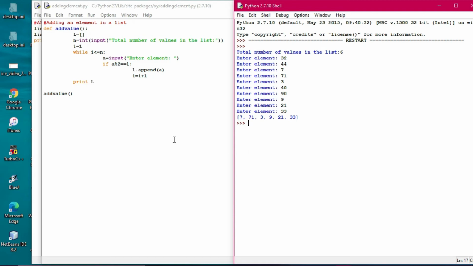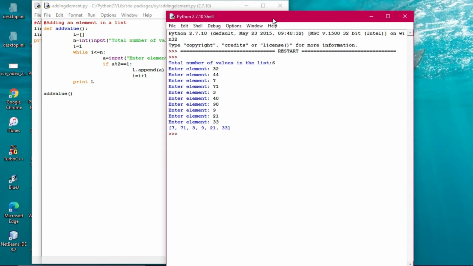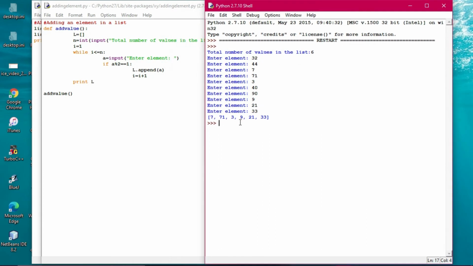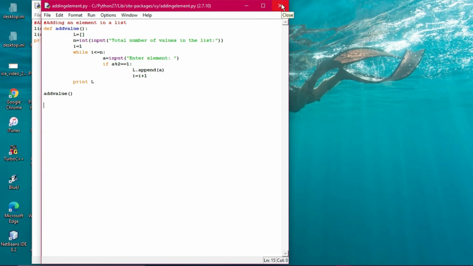So what you actually want, you are using the append function out here in order to add an element to a list. I hope you understand this appending. Appending occurs at the end of the list. When 7 has been added, the next value has been appended with a value of 17. None of the values have been jumbled up, all are in sequence. Whenever we use appending, the adding of values takes place at the end of a list, and at a time only one value will be inserted.